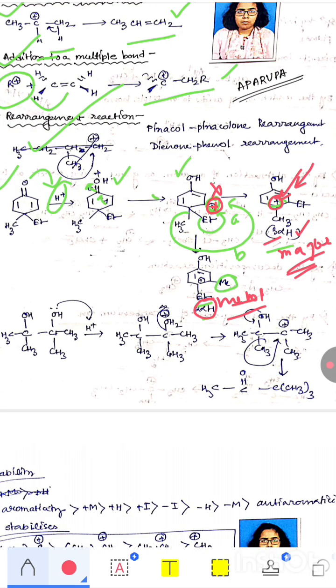पिनाकोल मतलब क्या होता है? 2 OH जब आपका विसिनल में रहता है, उसको हम बोलते हैं पिनाकोल। और जब एक OH हो जाता है और दूसरा डबल बॉन्ड O हो जाता है, पिनाकोलोन, उसको हम पिनाकोलोन बोलते हैं। पर यहाँ पर थोड़ा देख लेना, यहाँ पर फर्स्ट वन OH लोन पेयर हाइड्रोजन एब्स्ट्रैक्ट